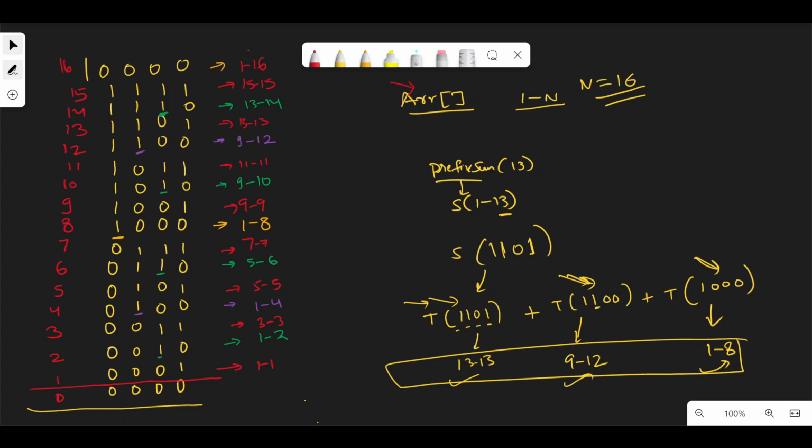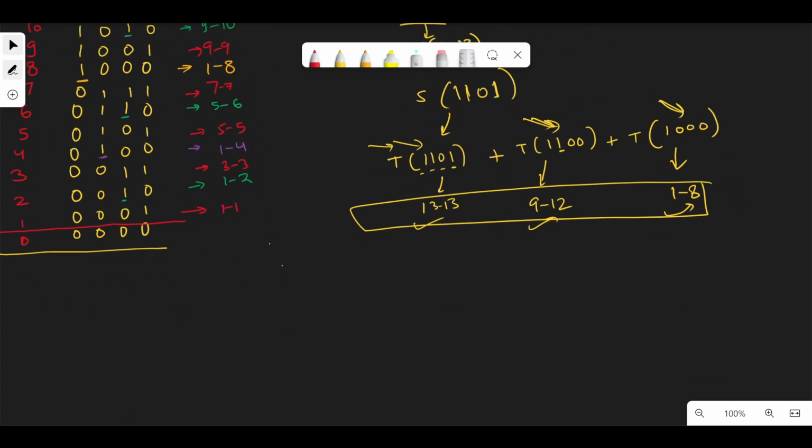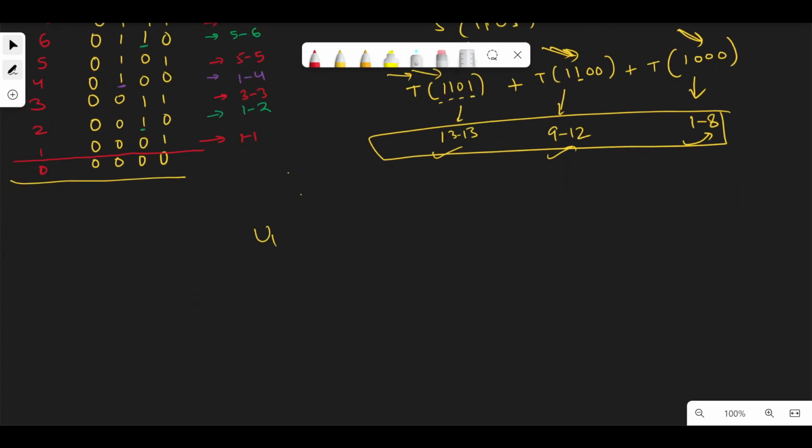Now let's talk about how you would do an update. So now I want to do an update, and let's say the same element at 13. I want to change its value to some other v. You can also look at this as I want to add some diff to the index 13, right? So at index 13, I want to add some diff. So what that would mean is